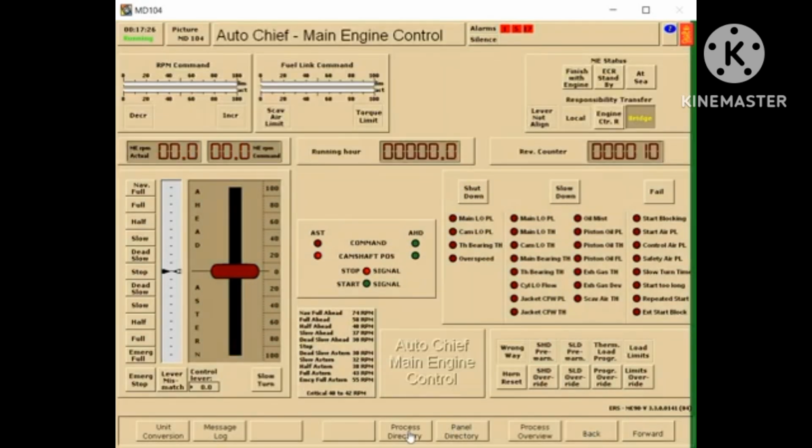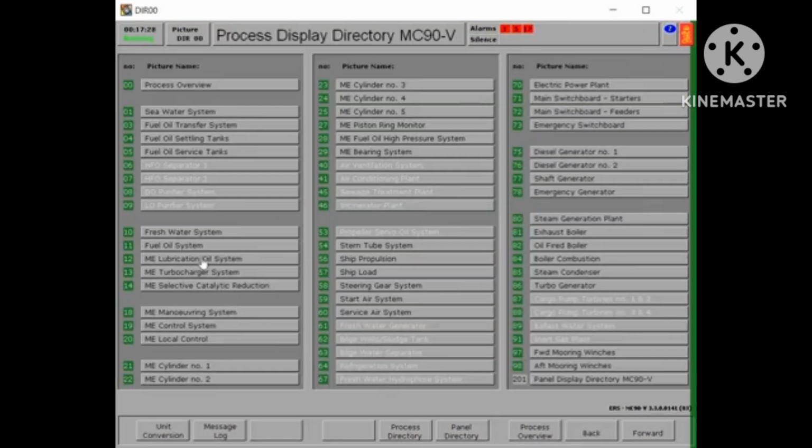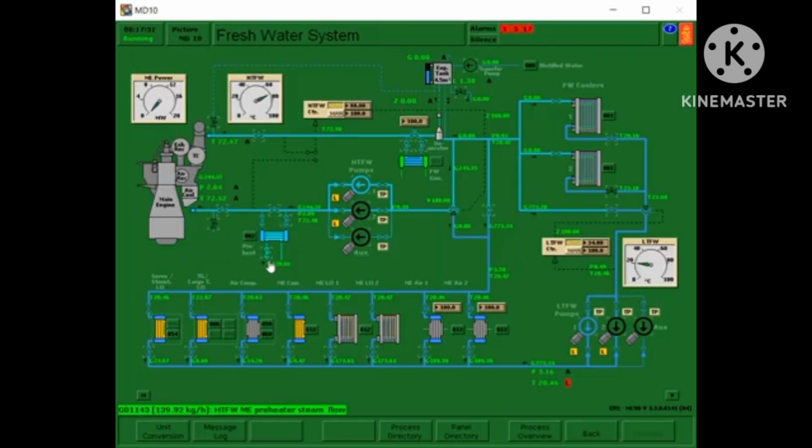So we need to double check all the systems if we are following. So okay. So in this part, we need to wait until it is normal.